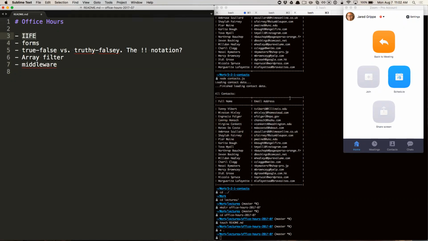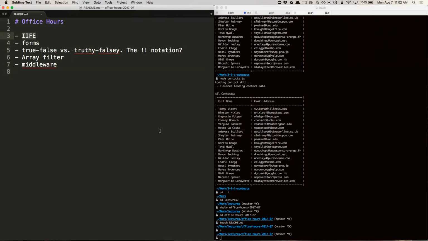The most common use case for an IIFE is if you're writing some JavaScript intended to run in the browser, and you want to give yourself a place to define a bunch of variables that aren't global variables, right? So if we just made like a static site,